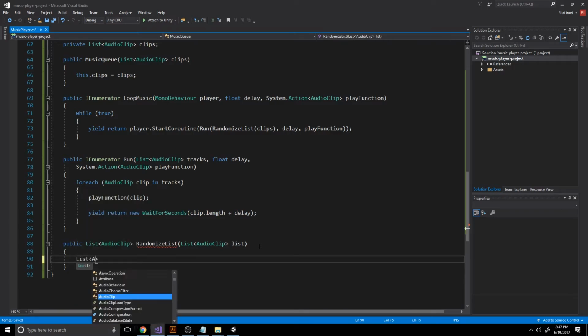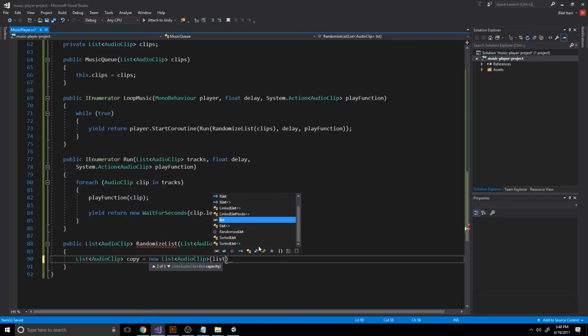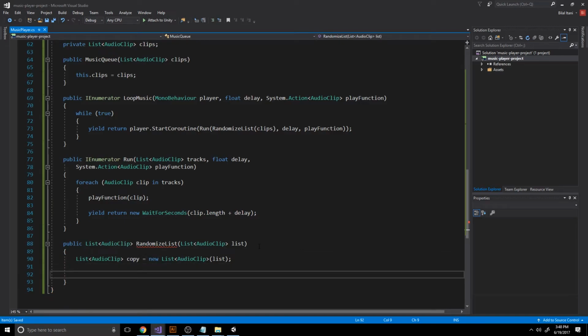So I'll write list audio clip copy equals new list audio clip, and we're going to pass that list into this new audio clip constructor, which will automatically make us a copy here. Okay, so now that we have a copy, we want to write a while loop here, which is going